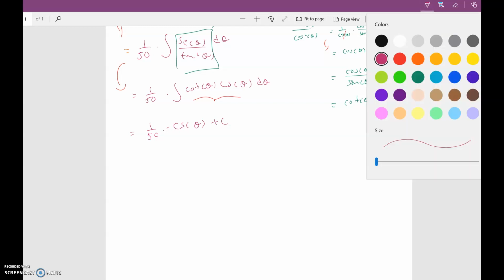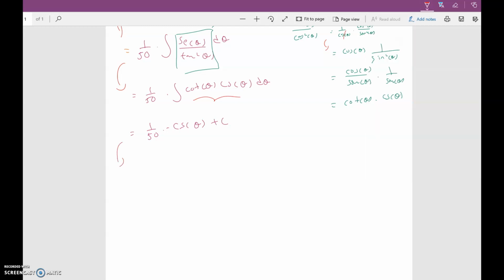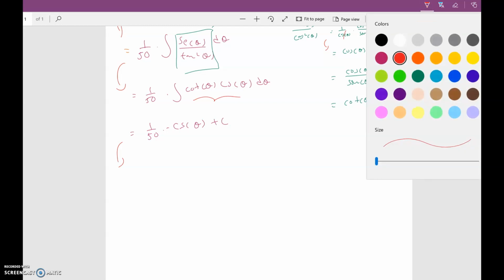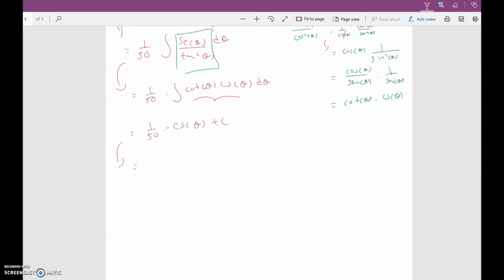Okay, so let's finish this one. And let me just continue where I left off in the previous video. So in this case, this is going to be a negative 1 over 50 cosecant of theta plus c. And then we have to basically go back to the identity to replace,